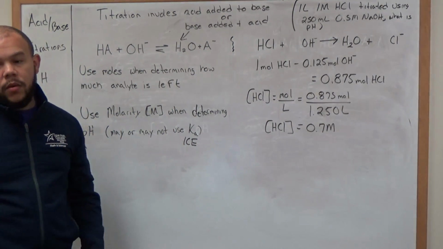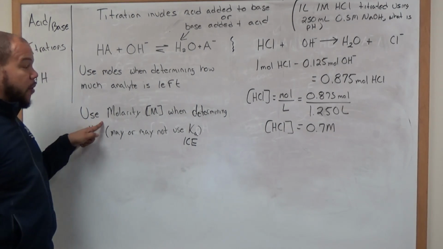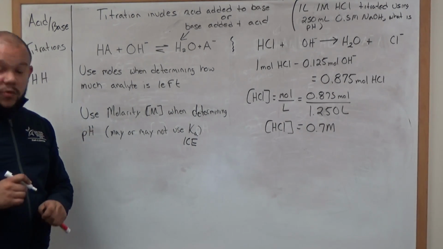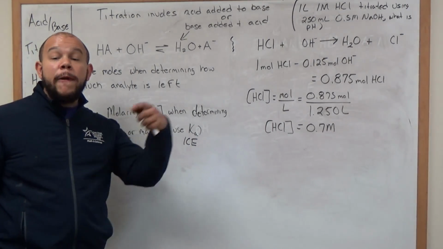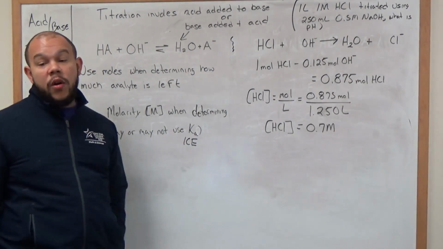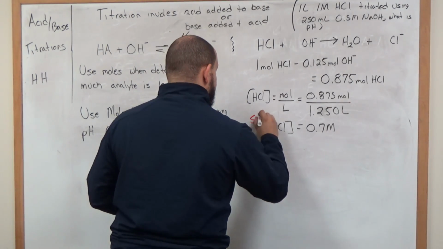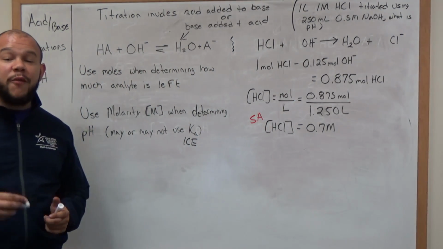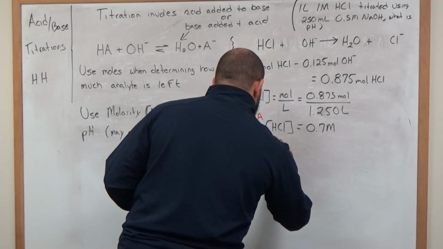0.7. Okay, still doesn't answer our question, but we're now in molarity. Now how do we determine pH? This is where you need to understand and know your content as it pertains to what is a strong acid, what is a weak acid. We should know that HCl is a strong acid specifically, and a strong acid dissociates completely, so therefore HCl concentration is the concentration of H3O+,